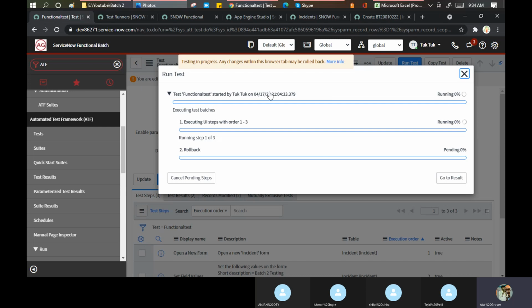Let it be run. So in this way you can do it. I'll show you one more thing here. Now, suppose this is not running or there are some issues. If you say, Atul, I want to work on the same incident in the next test step or the next test case as well, how can I do that? In this case, we will retrieve this record so that I can do that.